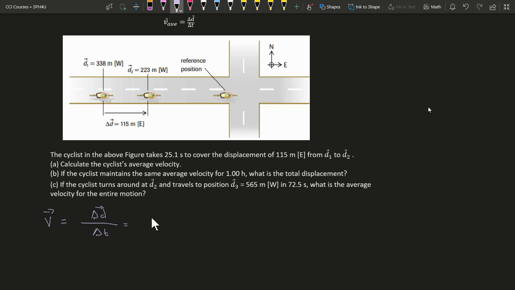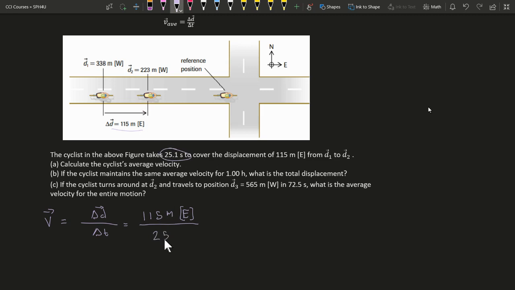Remembering that my change in position was given here as 115, I'm going to write that down: 115 meters east. I will maintain this direction, divided by the change in time, which was